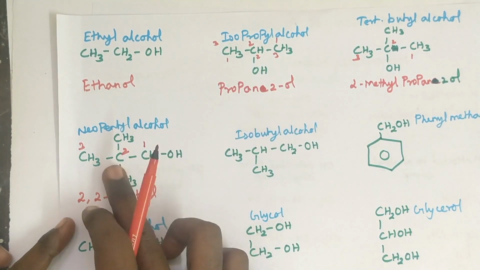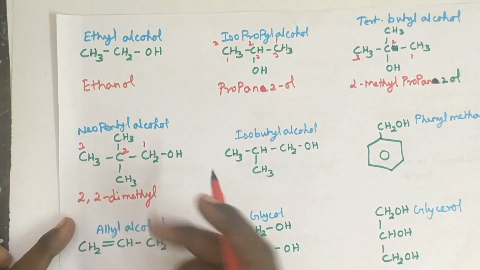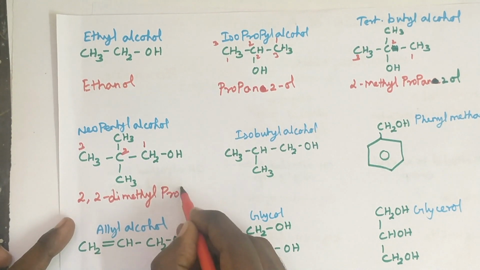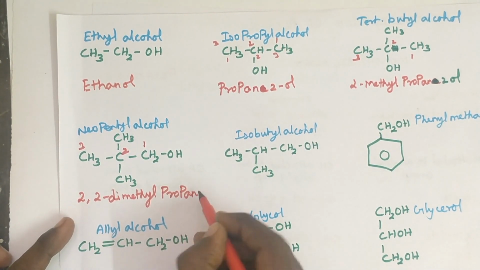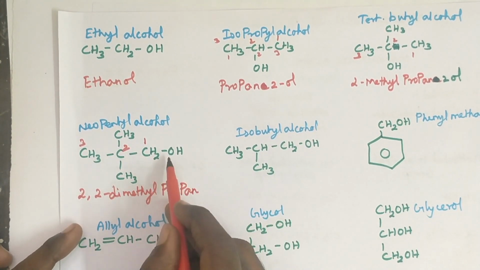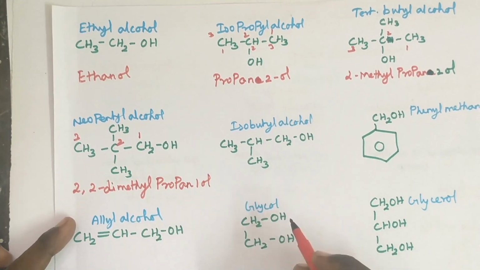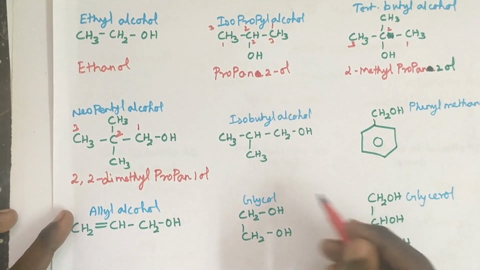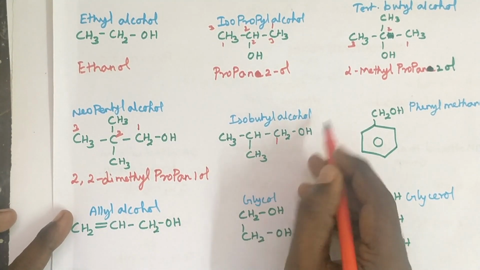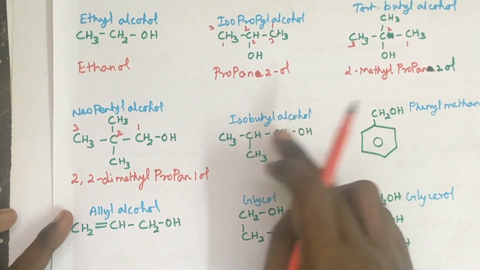Next we see the straight carbon. Straight carbon contains 3 carbons, so pro. So single bond, ANE. So E replaced by OL, OH present in first carbon, so pro 1-ol. Propane 1-ol. Similarly, isobutyl alcohol, number the carbon 1, because right hand side no other group, so start numbering from